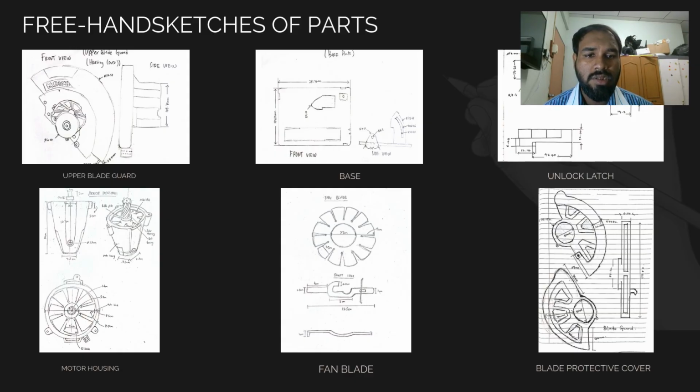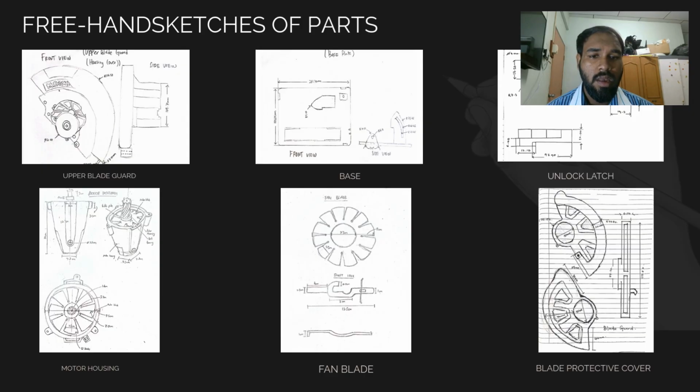The unlock latch is next. This part allows easy opening and closing of the blade cover for maintenance. The sketch highlights the pivot point, latch length, and locking mechanism to ensure proper movement and engagement. Moving on to the motor housing, the motor component encloses and protects the motor while also helping